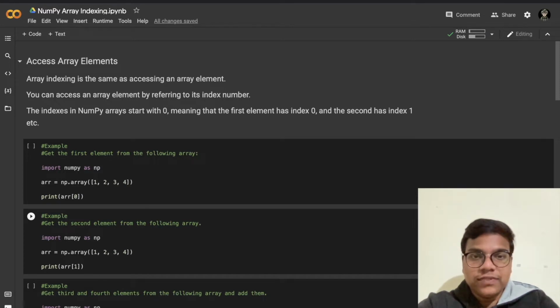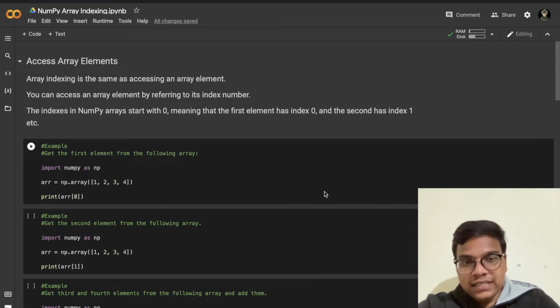In this tutorial, we are going to learn how to access NumPy array elements. So let's get started. Array indexing is the same as accessing an array element. You can access an array element by referring to its index number. The indexes in NumPy arrays start with 0, meaning that the first element has index 0 and the second has